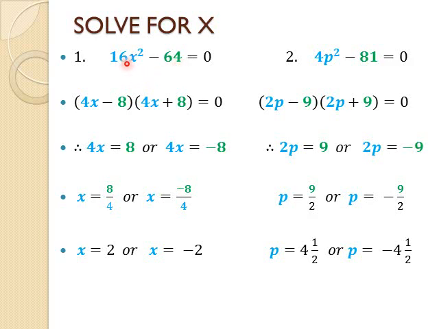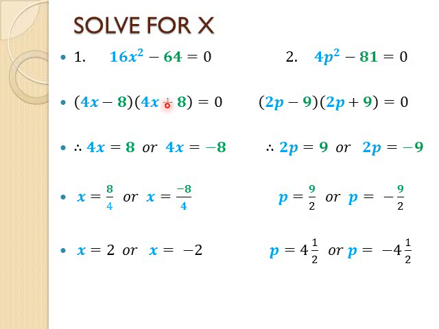you will revisit it. So 16 is 4 times 4. X squared is x times x. 64 is 8 times 8. And the only difference is to get a negative sign, it will always be positive times negative. So when I multiply two different signs, it's the only time I get a negative. So you can see the terms in the brackets are the same, but the one is negative and the other